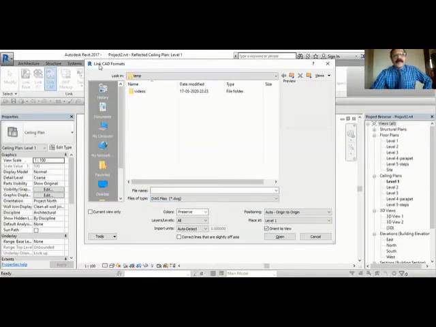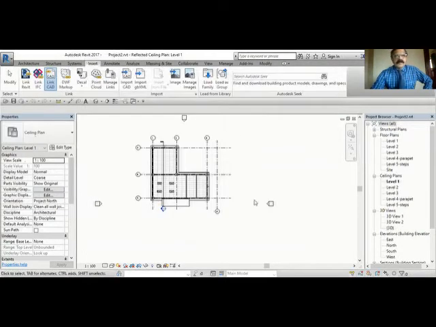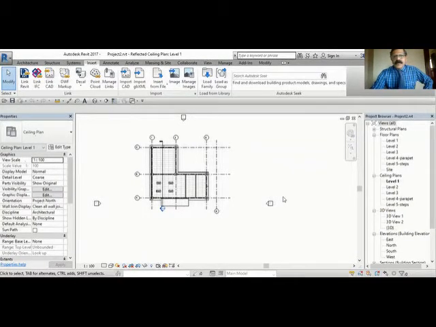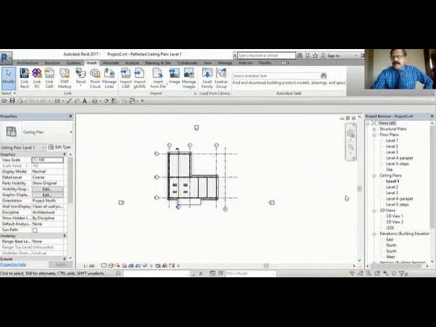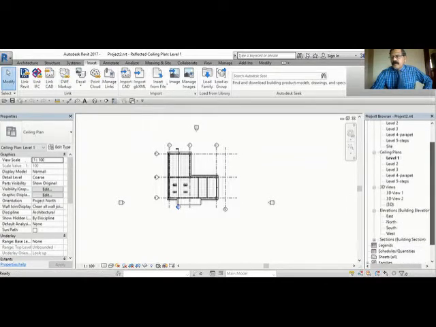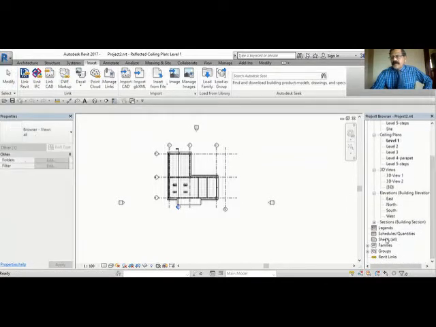This is for link as well as for import. Okay, now we'll go to the next topic, sheets. Now I have finished my drawing. I want to plot this, so I have to create some sheets. What you have to do is go down here and you can see Sheets. You right click Sheets, New Sheet,